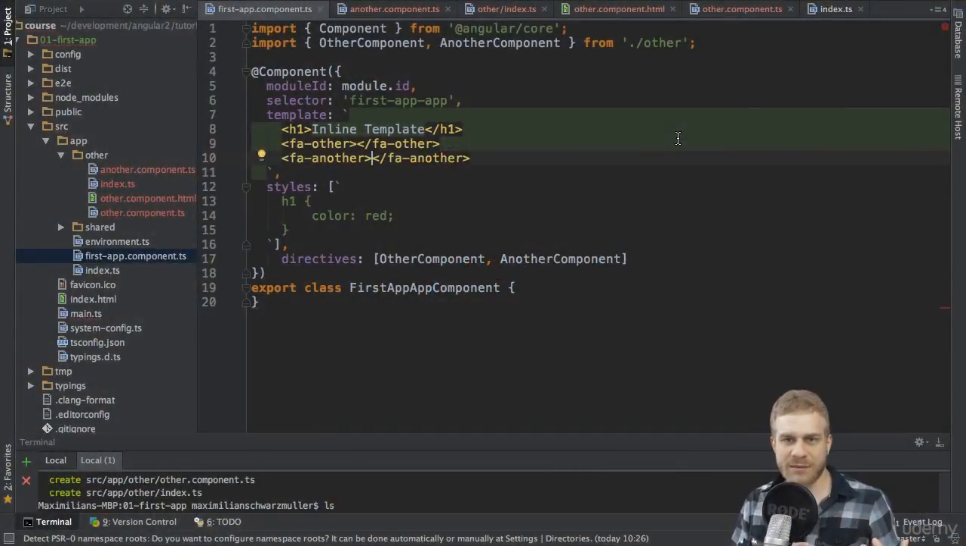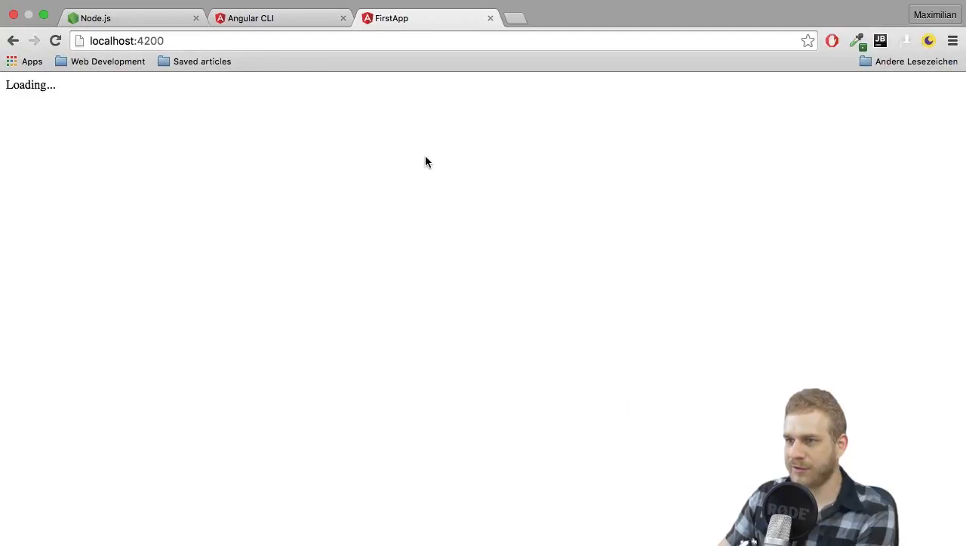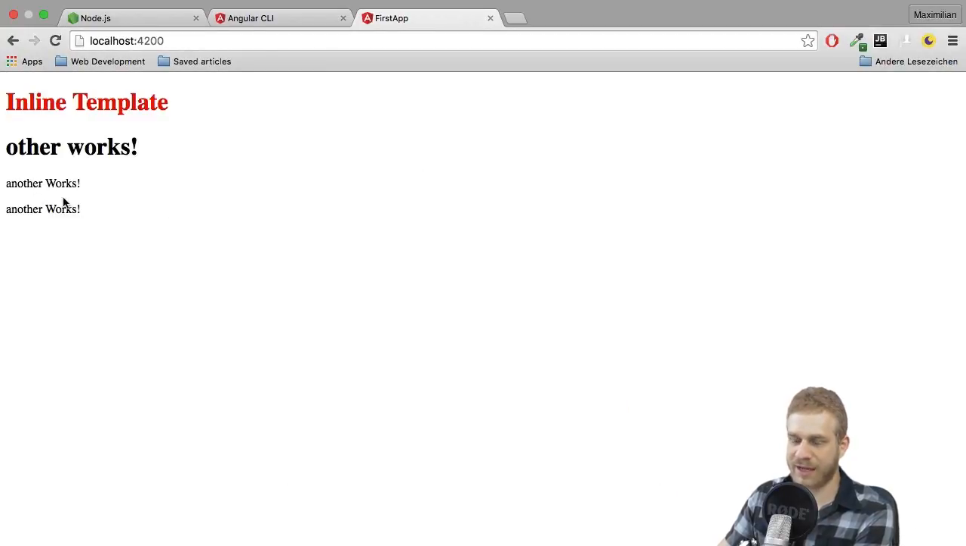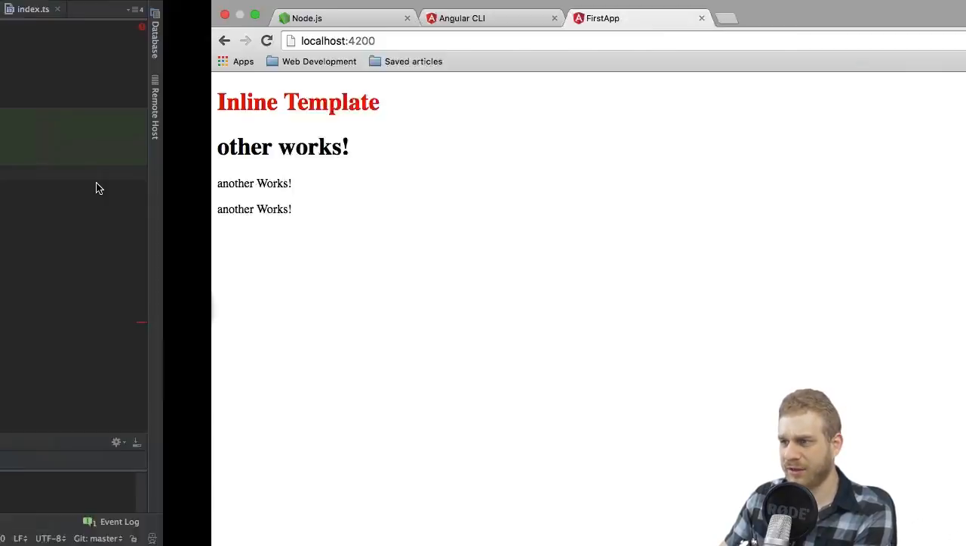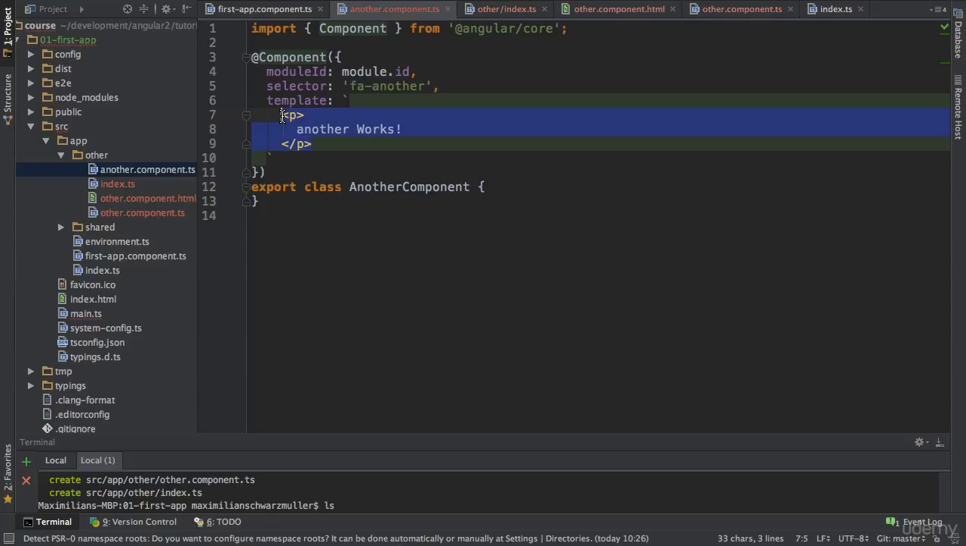Now, can we use multiple components on the same page or in the same template? Of course we can. If I just duplicate this another component, you see 2 times another works. Now all that text here is not really that useful. So if I want to, let's say, change the another component a bit and no longer output another works, but